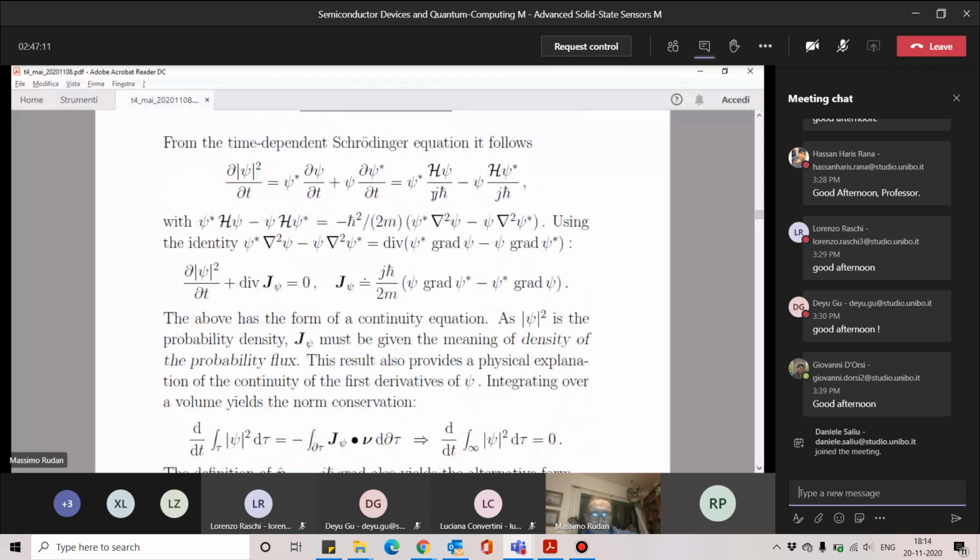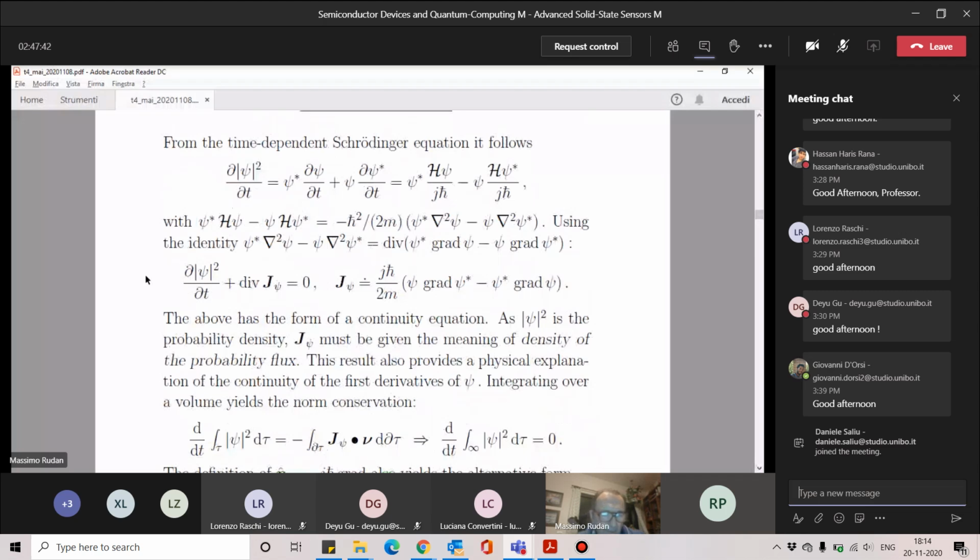We again use the Green identity. So this combination of Laplacians becomes the divergence of psi star gradient of psi minus psi gradient of psi star. So eventually we put back the coefficients, and in conclusion we get this equation